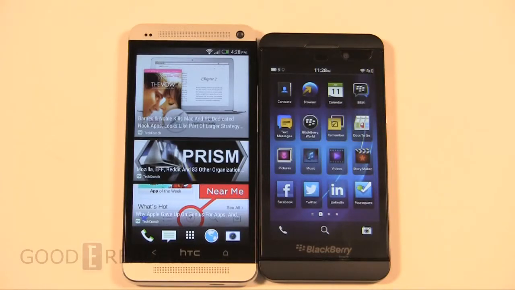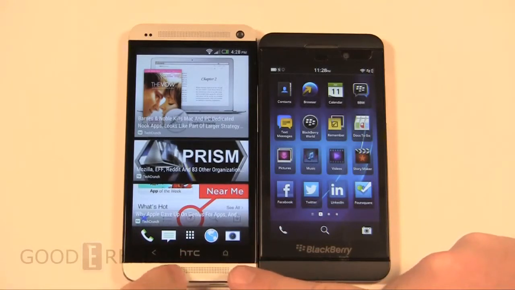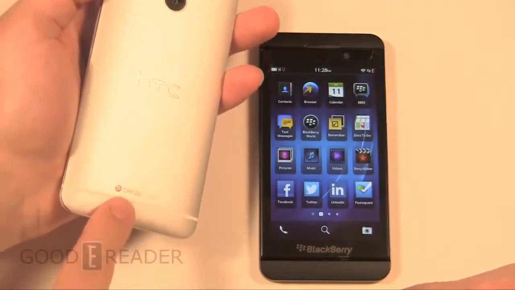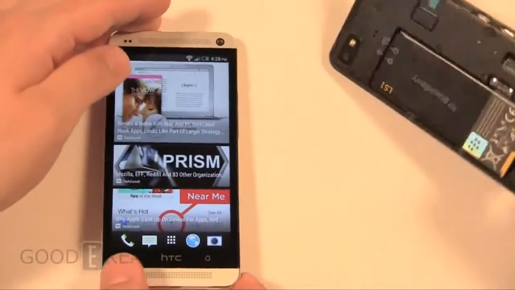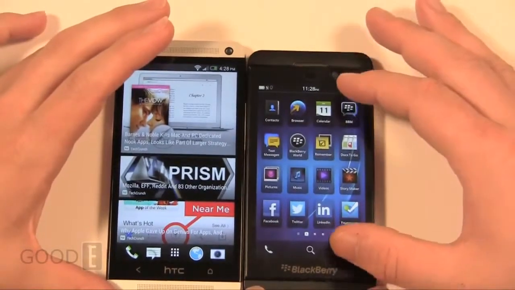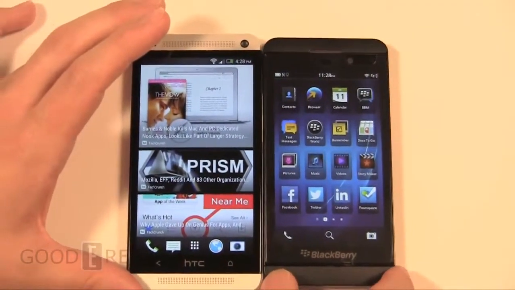One of the big differences on this model are the front-facing Beats audio speakers. Pretty well gives you the best smartphone sound quality that I've really ever heard. Whereas with the Z10, you do have front-facing speakers as well, but it's certainly not on the level of the